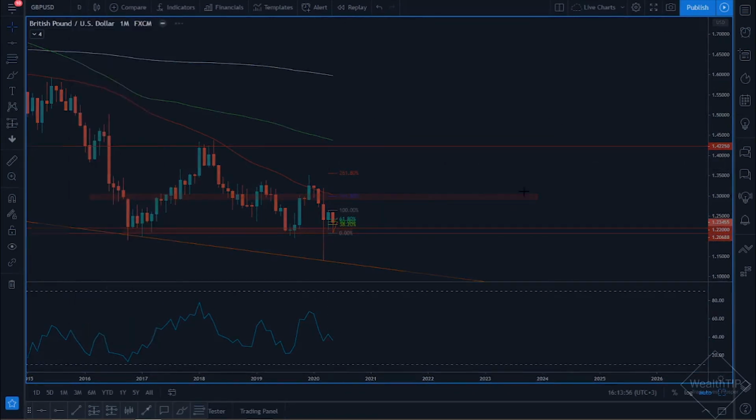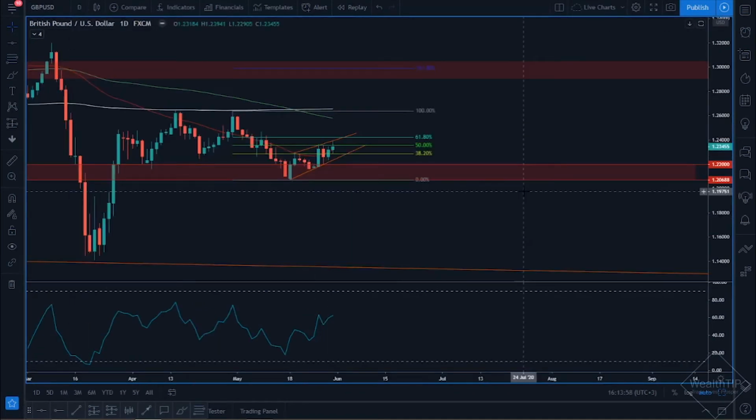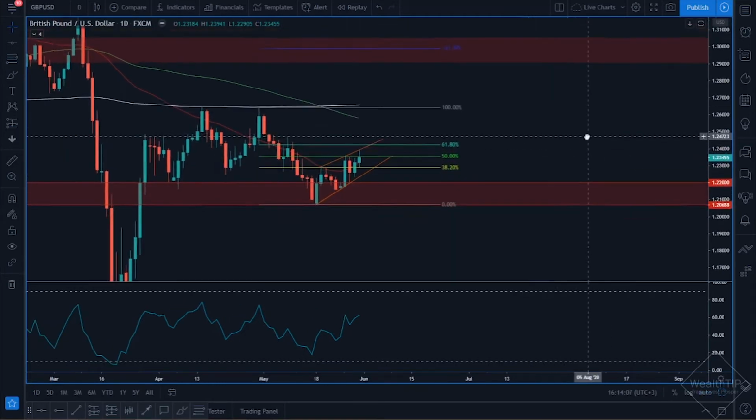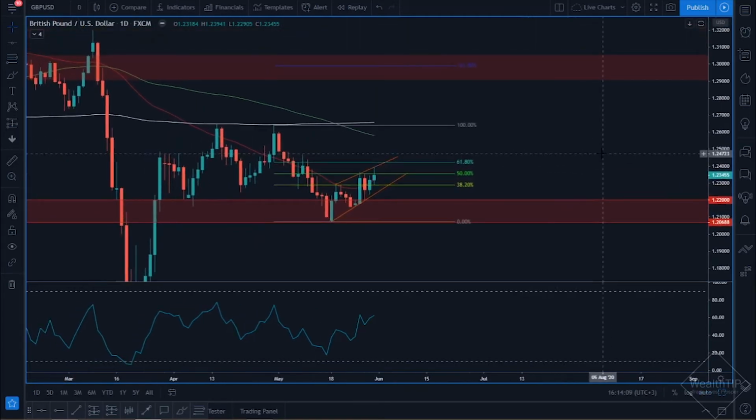So unlike the euro, which really gives us very, very clear and precise opportunities, the pound actually gives us a buy and a sell opportunity. And this is something that I usually stay out of because I need the market to tell me, is it going to be a buy or is it going to be a sell? At the moment, you're giving me both buy signals as well as sell signals. And when you get such a pair, that doesn't really give you clear direction. It's best to wait and see how the market would ultimately respond to the current structure.